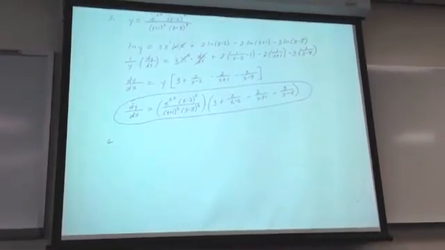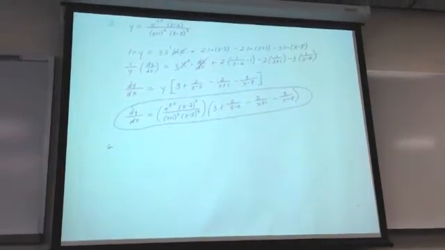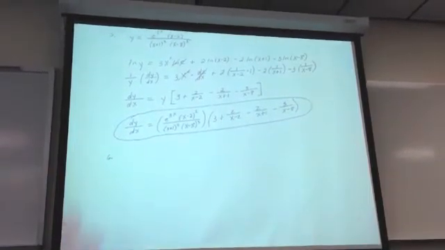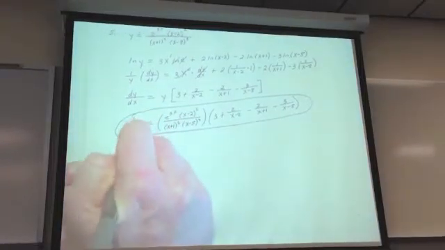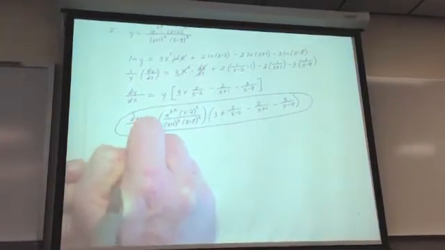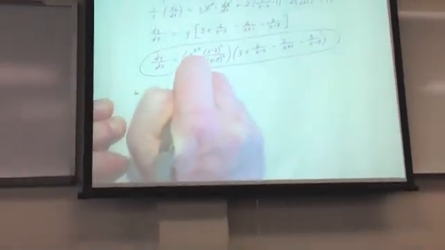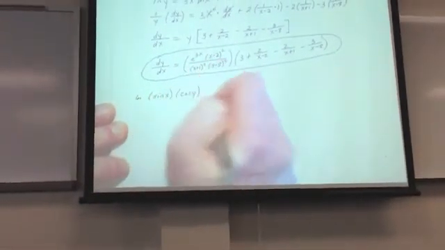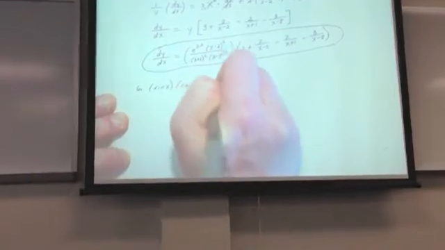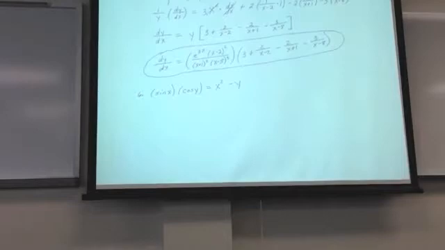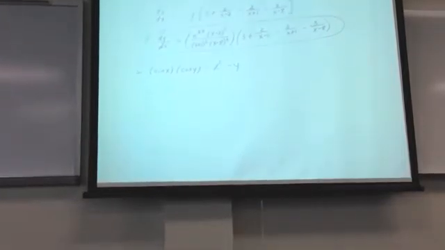Right here, guys. The last of the derivative problems, sine x cosine y equals x squared minus y. Now, I truly think problem 6,